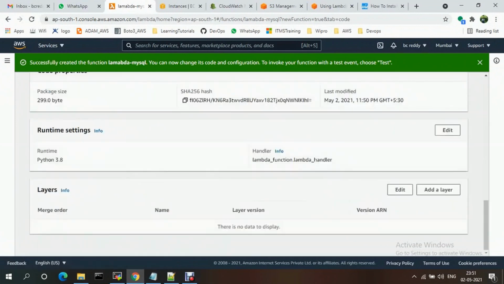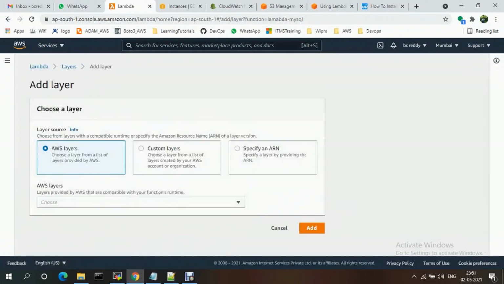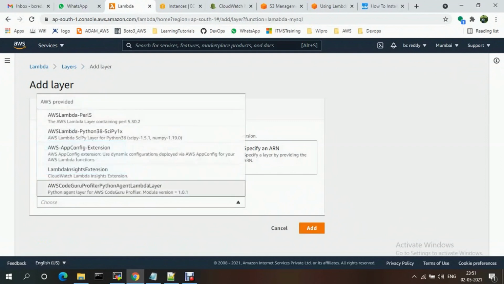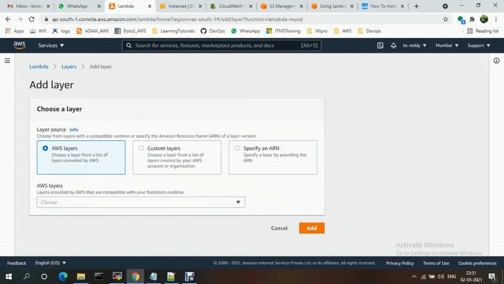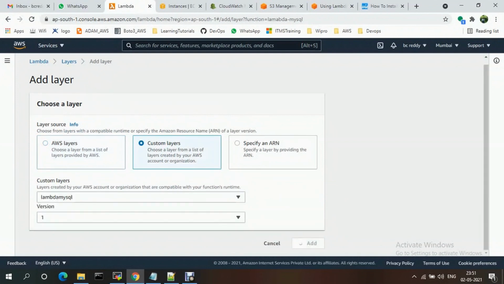So you can add the layers. You can add a layer. Instead of AWS layers, you need to select custom layer. Whatever layer we just created, we need to add that one. And the version is this one. I'm adding the version.